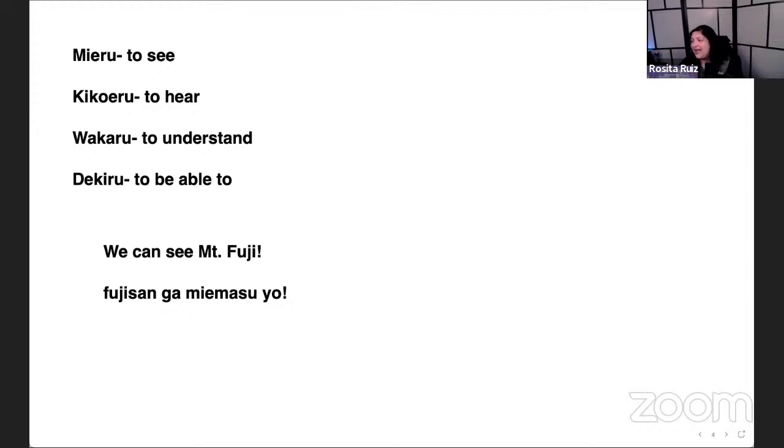So verbs like wakaru and dekiru. So if I put this side by side, ne,